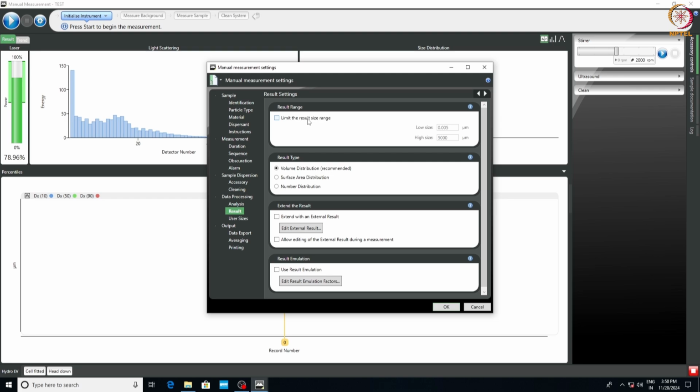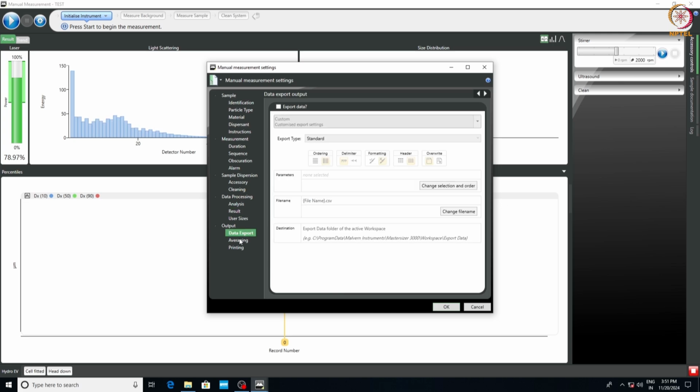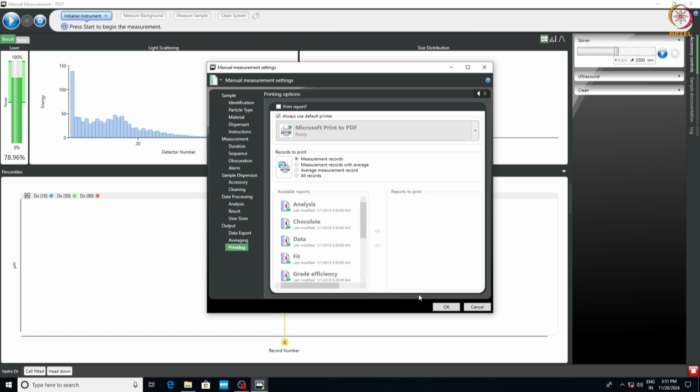The particle size analyzer Mastersizer has a range between 0.005 micron to 5000 microns, but you can leave the size range as it is or change it based on your applications. Based on your application, for the result type, you could choose between volume distribution, size area distribution, and number distribution, but volume distribution is recommended and selected by default.